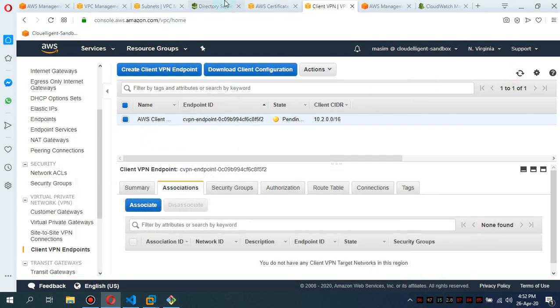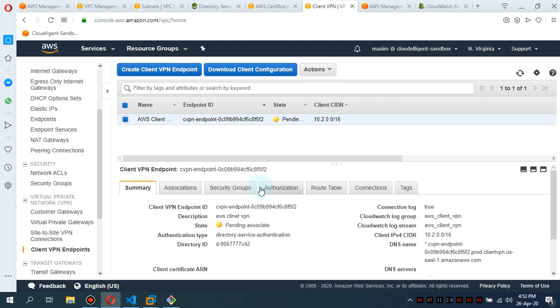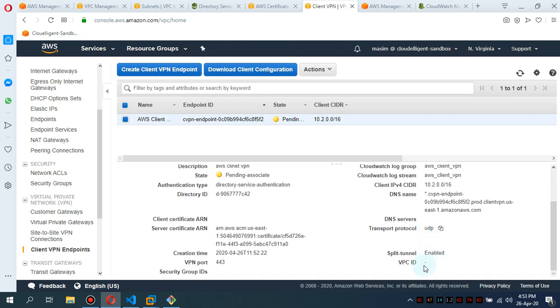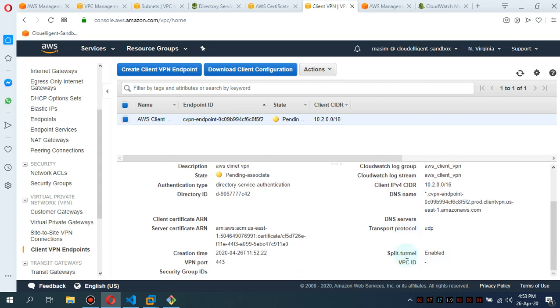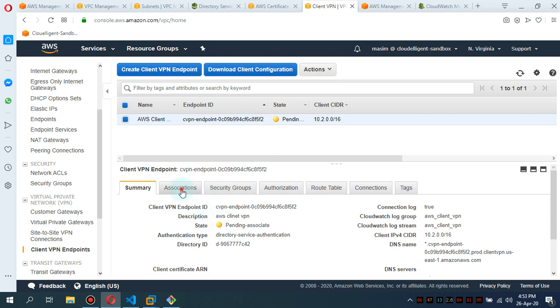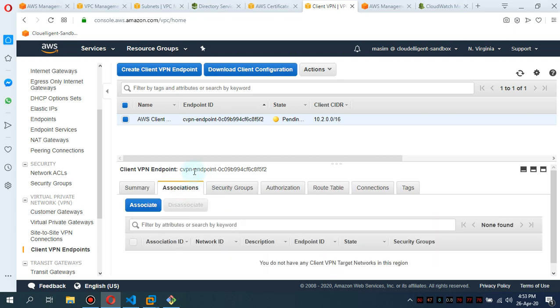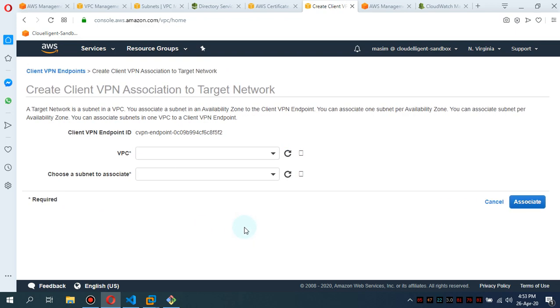So instead of doing that, I have to show you guys how you can set up the rest of the stuff. As I told you, in theory this split tunnel is enabled. I like to have my browsing separate from my AWS traffic. So that is the way you can enable this. You can use the internet as well through this. So let me navigate to the association tab,